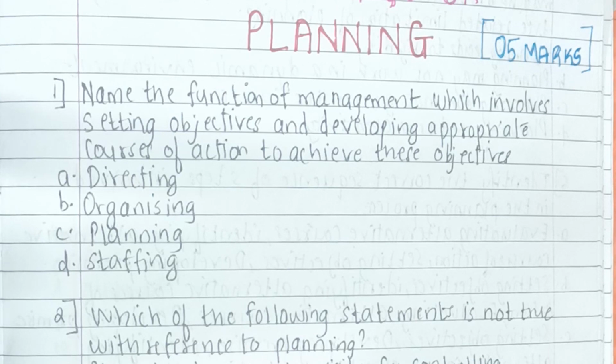So students, we know what we mean by planning. Planning in brief is about deciding in advance what to do and how to do it. Planning seeks to bridge the gap between where we are at present and where we want to reach in the future. So it is like a bridge between where we are and where we want to go.